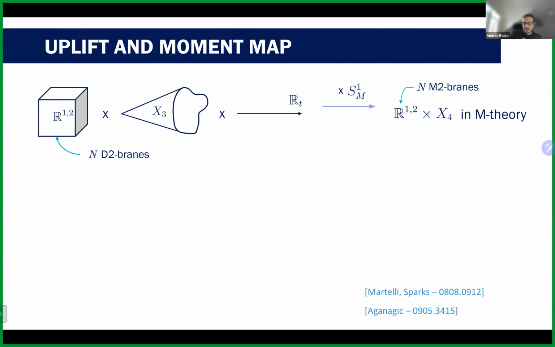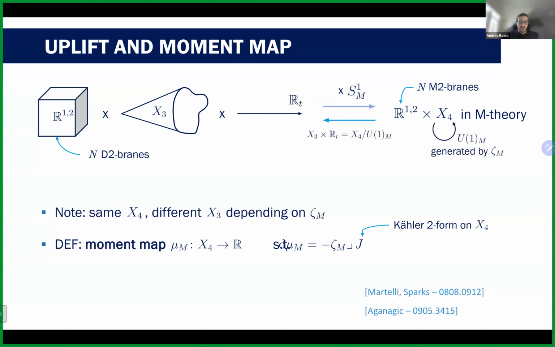On the other hand, when we have this geometry, we can uplift that to 11D. We have an M-theory circle, which we add to the geometry, and then we end up with what I was telling you before: R^{1,2} cross X4, and the D2 branes will be interpreted as M2 branes in this case. In particular, once you have this M-theory circle, you will have a U(1) isometry, which I'm calling here U(1)_M, which acts on the Calabi-Yau fourfold. This will be generated by a Killing vector, which I'm calling here zeta_M. And so you can recover the type 2A geometry by quotienting with respect to this U(1)_M action.